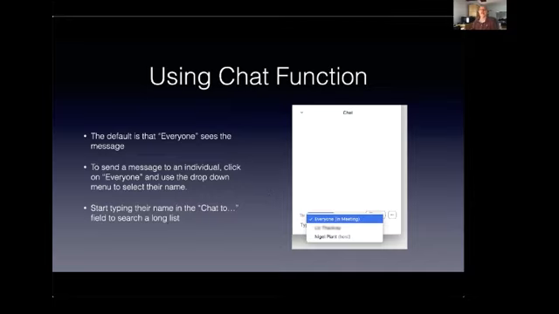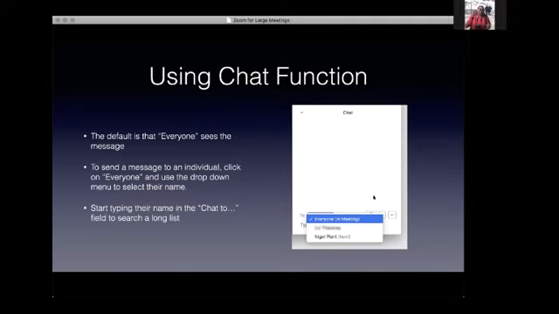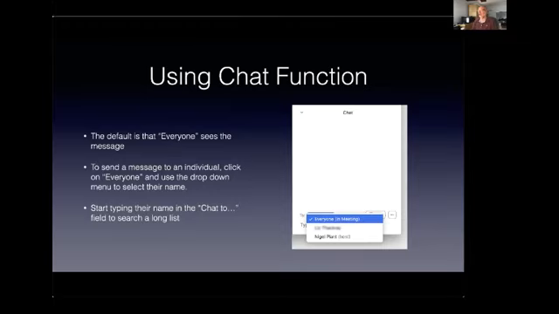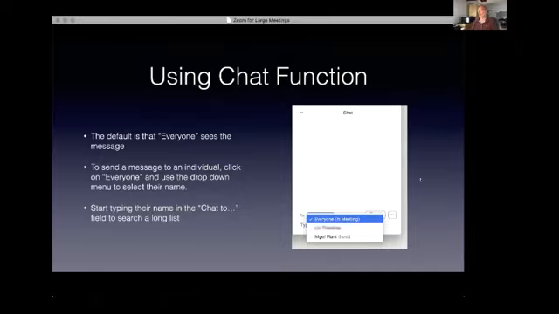It goes to everybody. If you want to send a message to an individual, either use the 3 dots in the top right of their square, or, if you've got a long list, just start typing their name where it says send chat to, then you'll find them in the list and you can send to an individual. For this meeting, it's better if you send the chats to everyone. It makes it easier for Liz to pick them up and deal with them in the Q&A at the end.